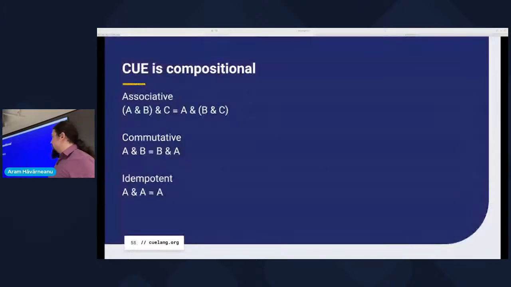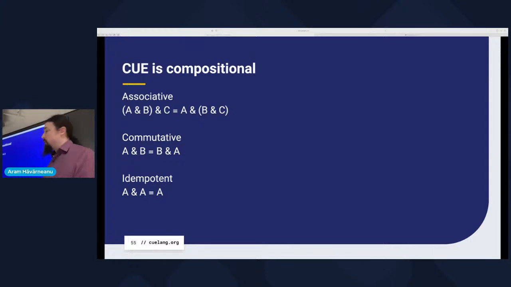But the idea is that these logical operators form an algebra which ensures that Q is compositional and very easy to reason about. And compositionality also gives us scalability and allows us to combine sources of data from different places and be sure that it works the way we expect, and it's all simple and things like that.